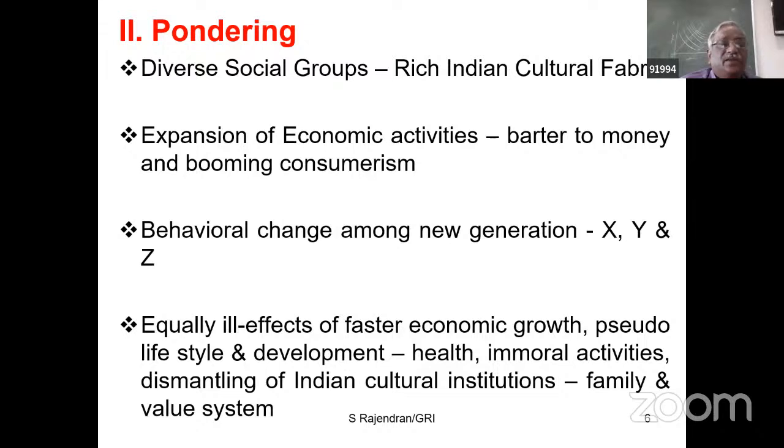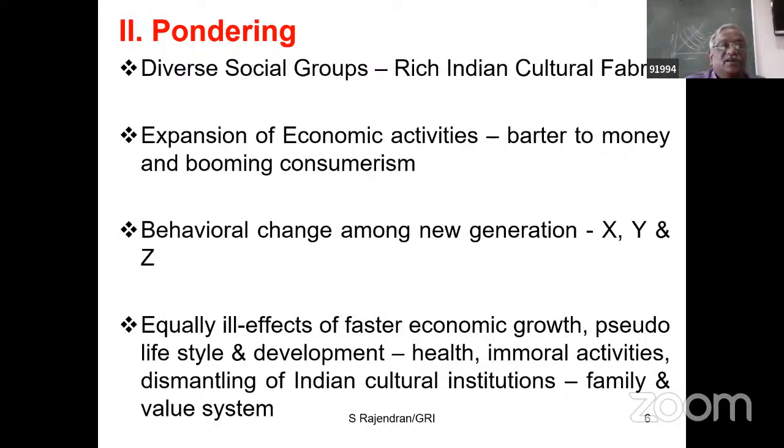And of course, naturally, there is a behavioral change among the new generations, what we call X, Y, Z. The recent generation Z thinks that everything can be obtained without physical labor. So there has been a mental and behavioral change across these three generations. We always tell our students, look, in our days, we never got good clothes, good food, or good facilities for taking up research. Nowadays, everything is available at your fingertips. You can do wonders. But unfortunately, as I said in the morning, and as our friend was also remarking, the quality of research is declining.